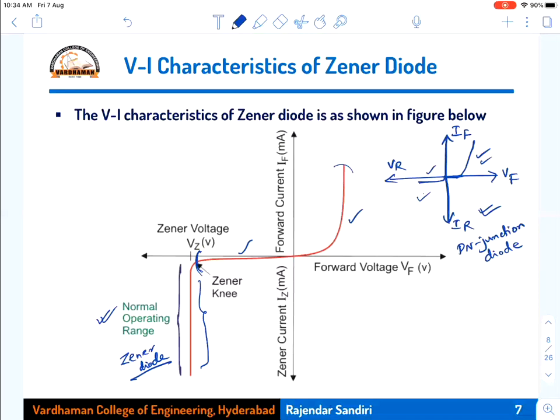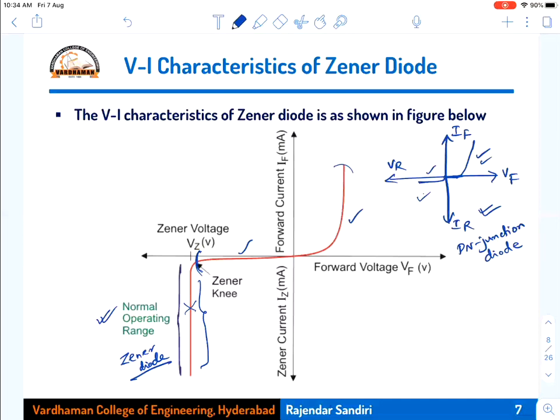That means the Zener diode is specially manufactured to operate at the breakdown voltage to have a large amount of current, such that that property is actually used in the voltage regulator. Voltage regulator, what happens? Current should flow at a constant voltage. The DC voltage of 5 volts is required for you. Now, if I use a Zener diode whose Zener breakdown voltage is 5 volts, then you will get 5 volts constant DC at the output.